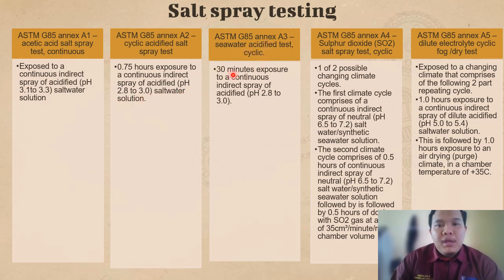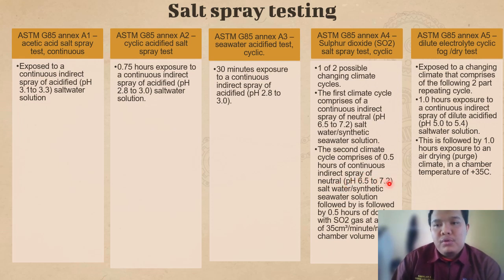For the A3, there will be 30 minutes exposure to a continuous indirect spray of acidified pH 2.8 to 3.0. For the A4, there will be two changing climate cycles. The first climate cycle comprises a continuous indirect spray of neutral synthetic seawater solution, which has a pH of 6.5 to 7.2. The second climate comprises 0.5 hours of continuous indirect spray of neutral solution, pH